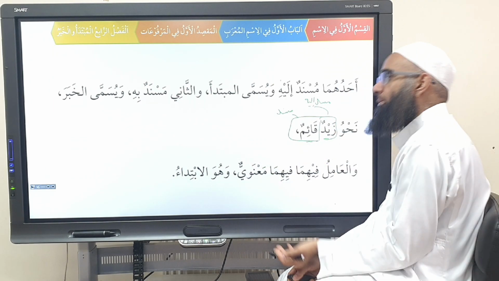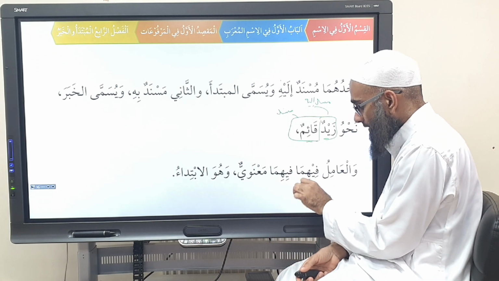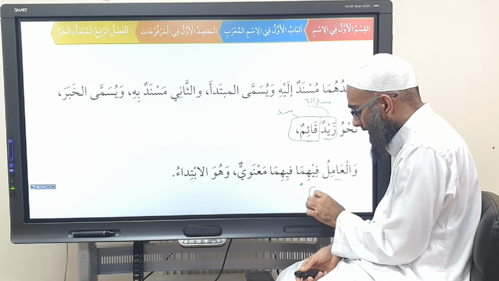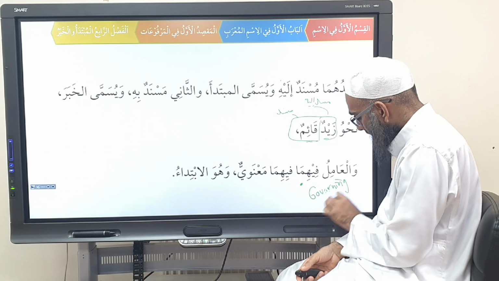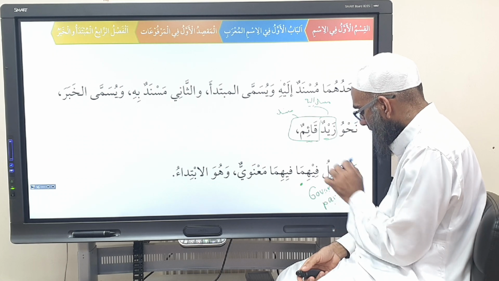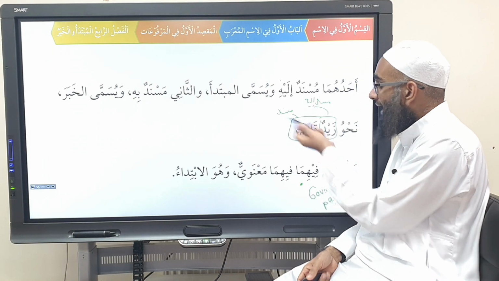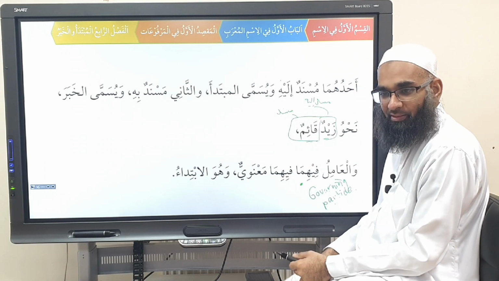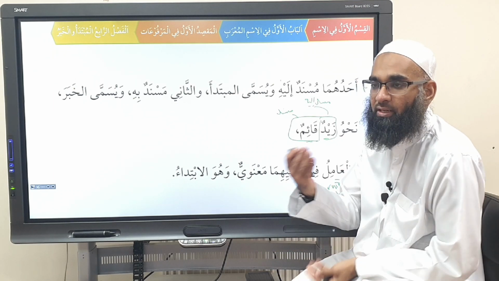Now again, he put this in. He doesn't discuss the amil concept throughout the book, but he just puts this in. He's saying, "Well, amilu fihima," meaning amil, the governing particle. Amil means what? Governing particle. Those of you who have done amil will know what this means, and those of you who haven't done it, you'll do it later on. But it means here, why is Zayd marfu? We say we don't know. We don't care. Arabs say marfu, so we say marfu. Khalas.